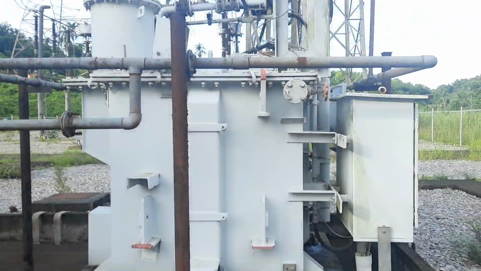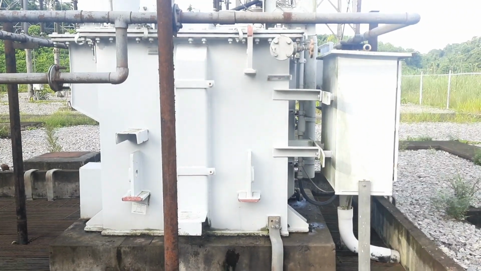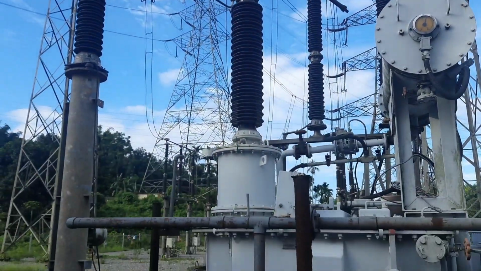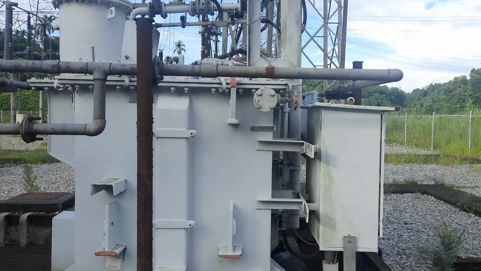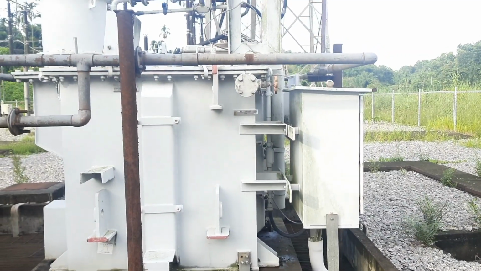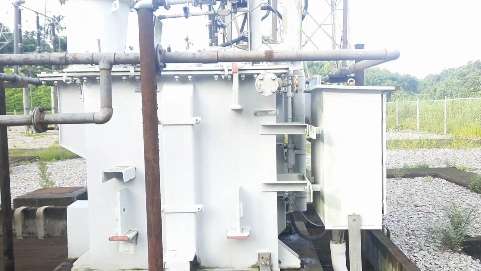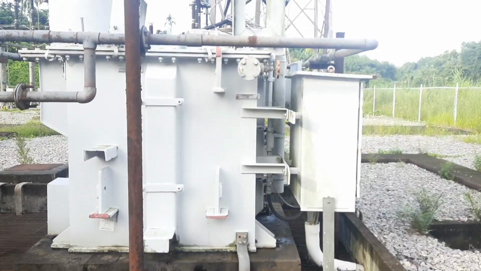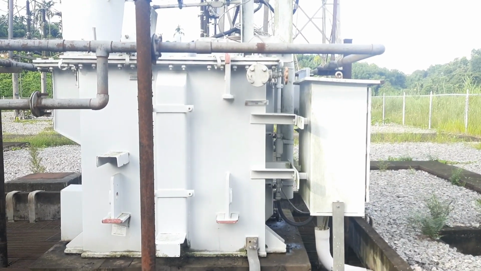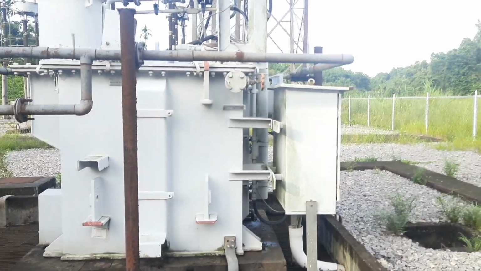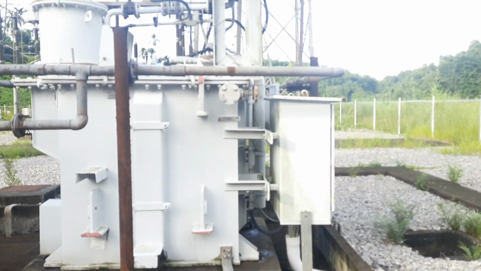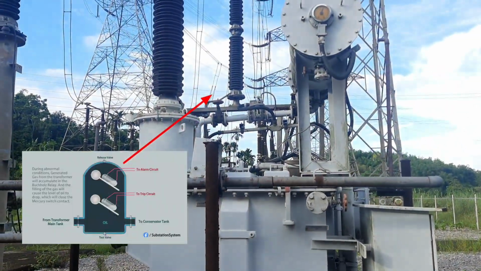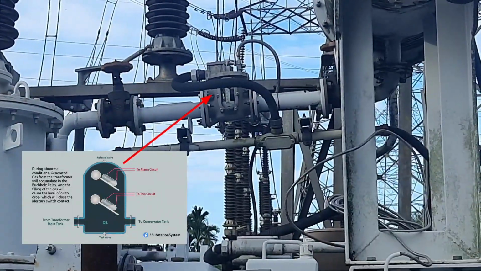So if there is any fault inside this, because of heat or because of winding, maybe the winding that we are able to see now is directly going to earth without actually passing through the winding, then the oil inside will get heated up, and that will lead to generation of gases like methane, hydrogen, oxygen, also to some extent carbon monoxide, carbon dioxide. These gases, being light, and the oil will rise up and try to reach the conservator tank. And while doing so, some of the gases will get trapped in this